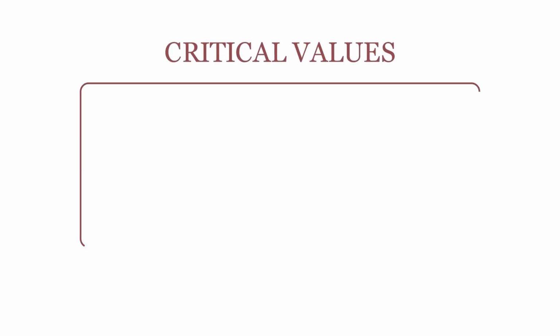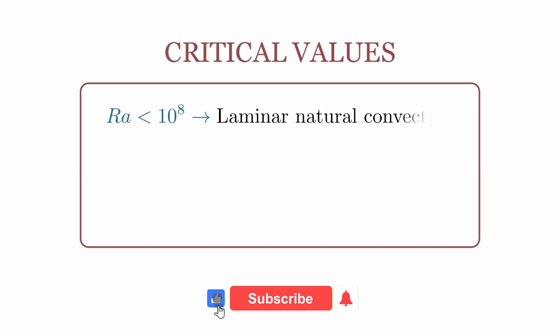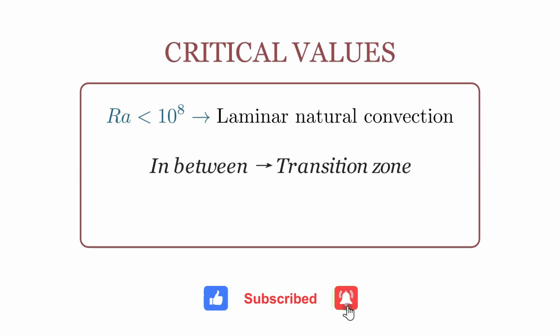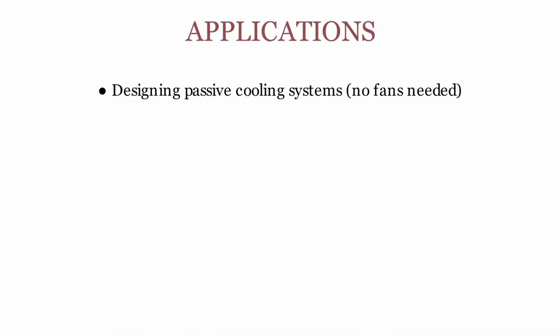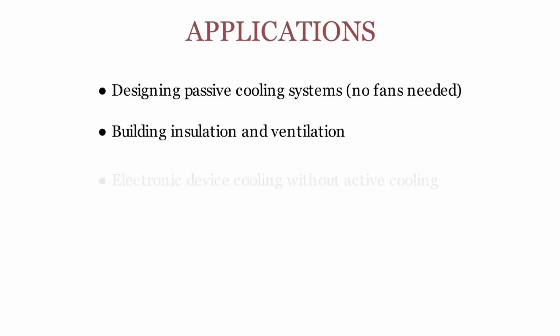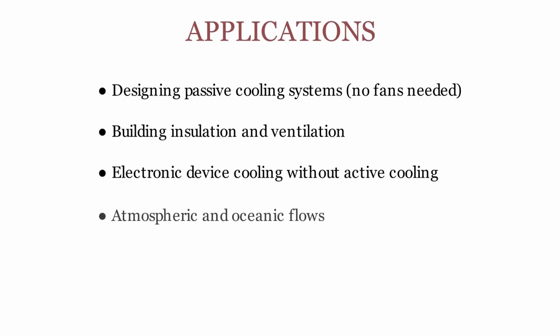Critical values: Rayleigh number less than 10 to the 8th, laminar natural convection. Rayleigh number greater than 10 to the 9th, turbulent natural convection. In between, transition zone. Applications: designing passive cooling systems, no fans needed, building insulation and ventilation, electronic device cooling without